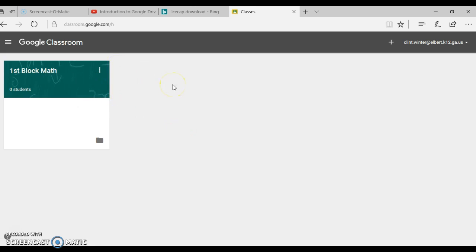When you first start, you'll have nothing here, and then you will be prompted to either say I'm a teacher or I'm a student. So if you're a teacher, be sure that you choose teacher. If you're a student, be sure that you choose student. So I'm going to click on the plus sign, and I'm going to go in as a teacher,